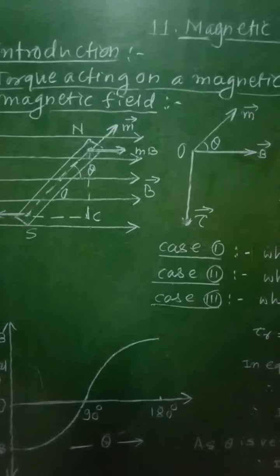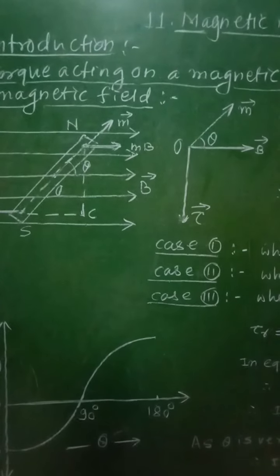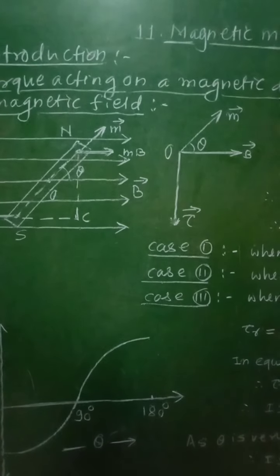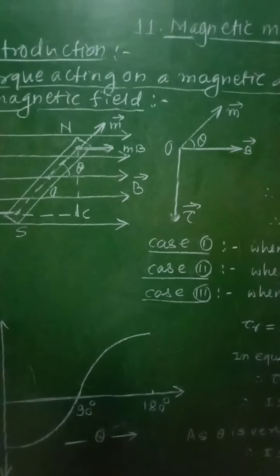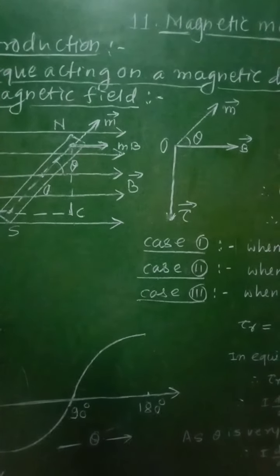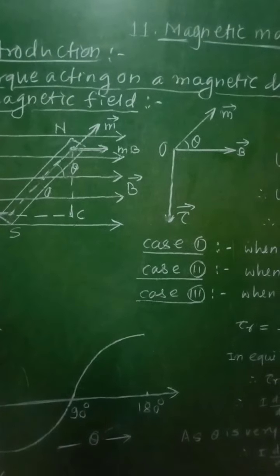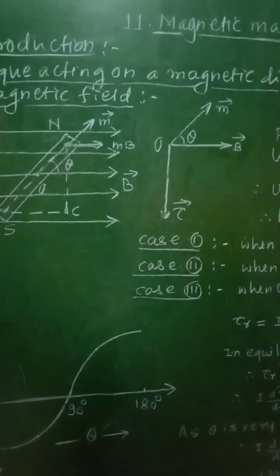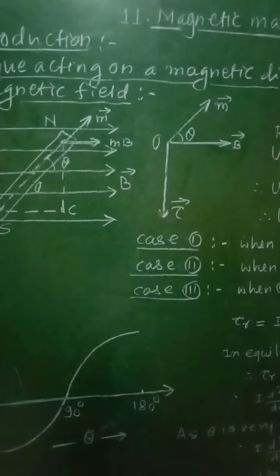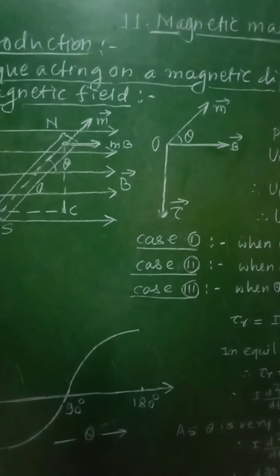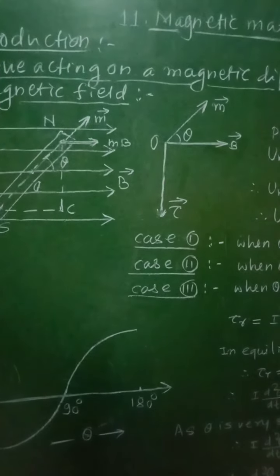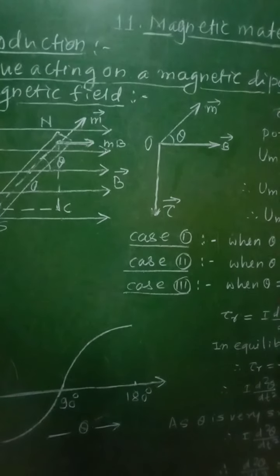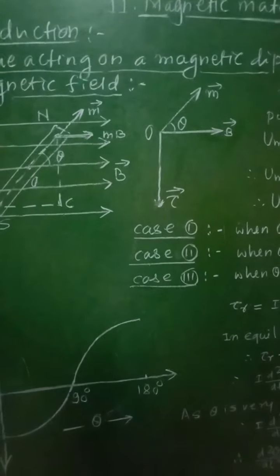When a small bar magnet is suspended freely, it remains along the geographic north and south directions. In this chapter, we will study the behavior of a short bar magnet which is placed into two perpendicular magnetic fields. Similarly, different types of magnetism with their properties as well as examples and the applications of magnetism.